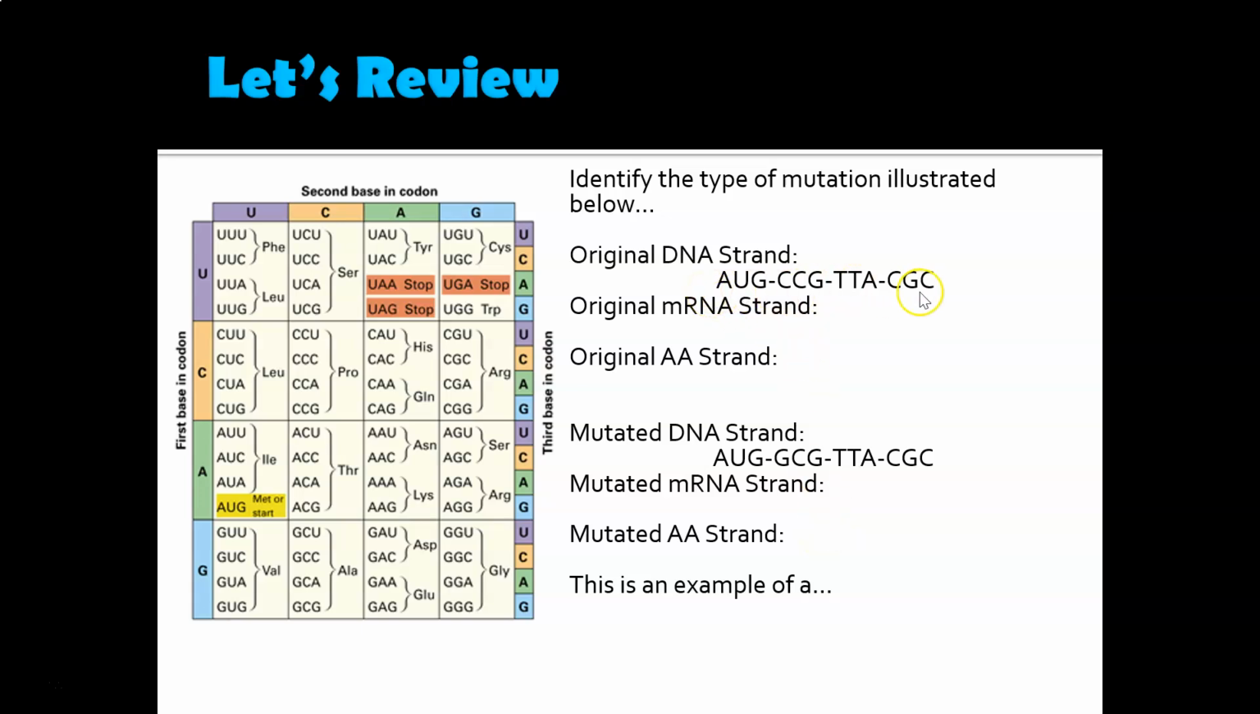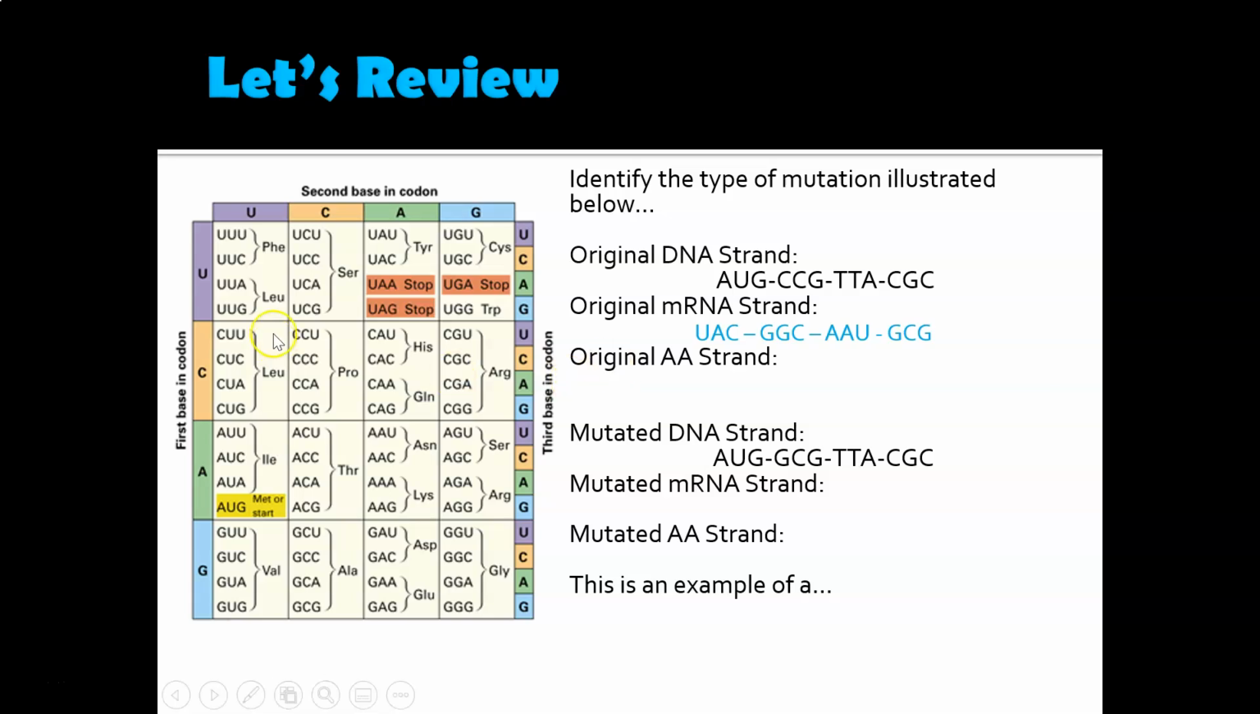So here's my original strand. Remember, to go from DNA to mRNA, I need the complementary sequence. So A would become U, T would become A, G would become C, and so on and so forth. And so that original mRNA strand should look something like this. Then we need to take that original mRNA strand and come over here to your codon chart and actually